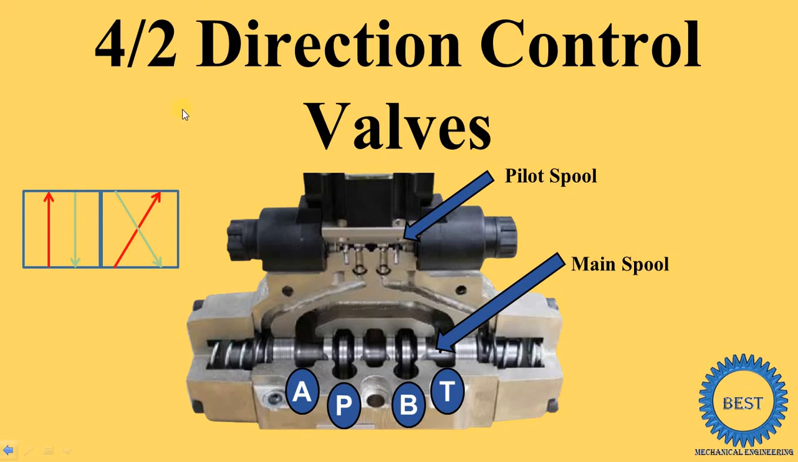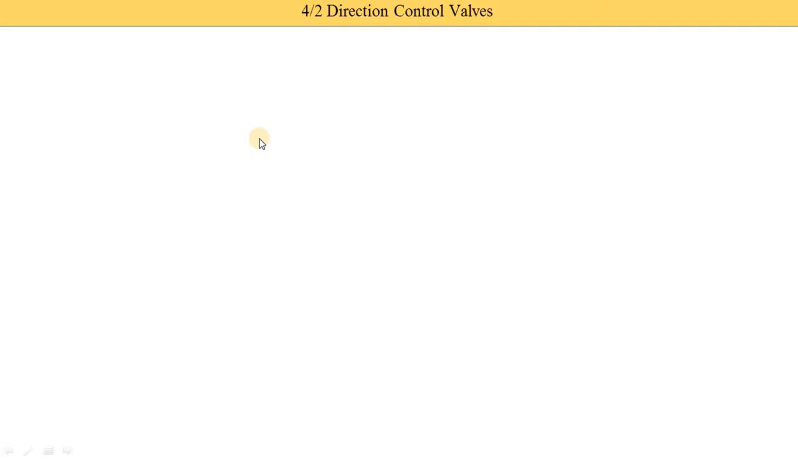In this video, I explain 4x2 direction control valves. It has two types: one is the sliding type and the second one is the rotary type. So first I explain the basic introduction, then we move towards the sliding and rotary types of 4x2 direction control